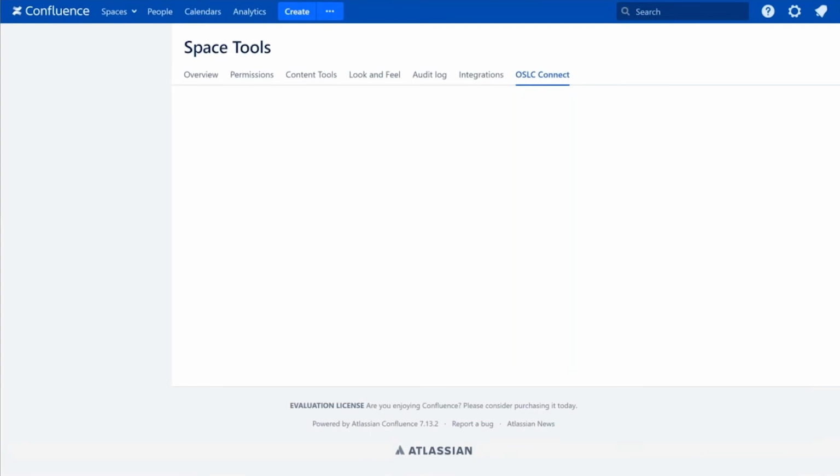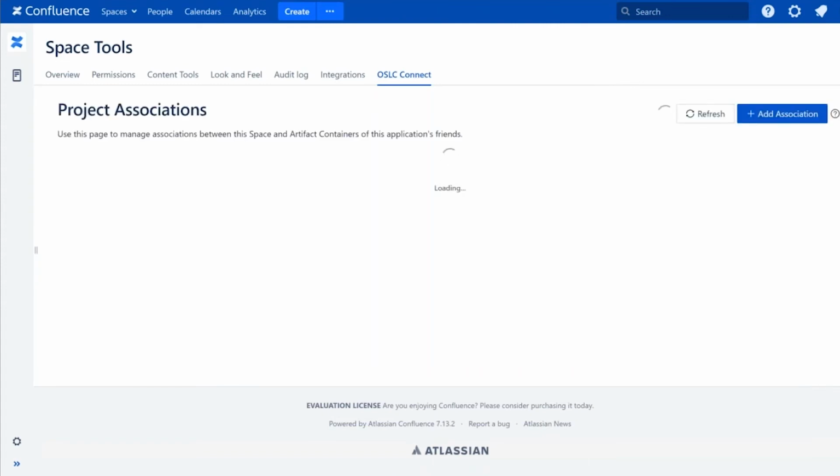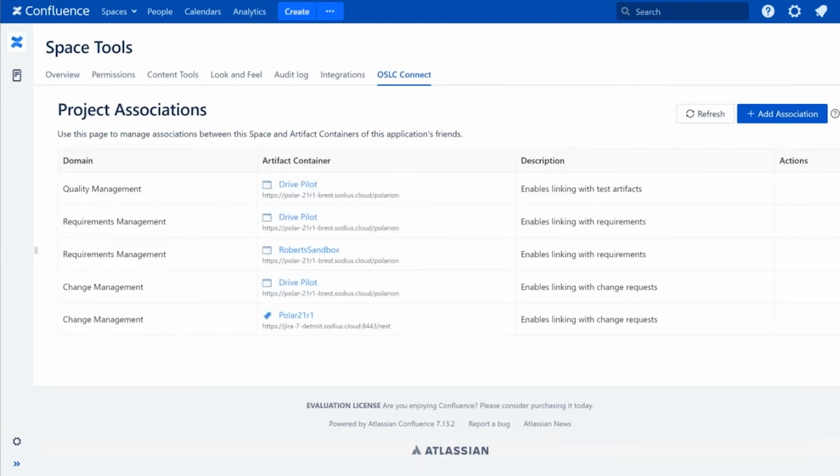The reason why this is valuable is that it allows me to control how somebody might create links, and to define how they make those connection points that they find valuable. This allows us to say, okay, if I want to make a relationship, to which projects and what type of artifacts would I want to create.